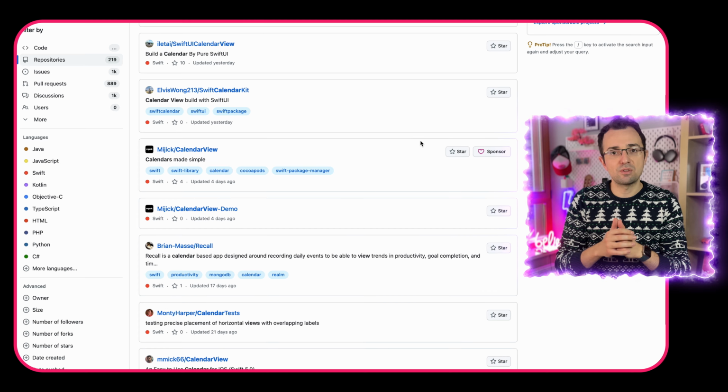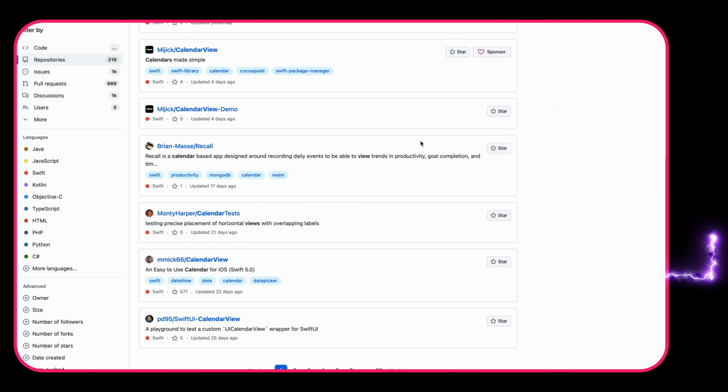Then you will see a list of packages or of repositories, and usually you can use that repository URL and paste it in Xcode and have that package be downloaded as a Swift package, and then you can make use of that framework in your own project without having to redevelop a calendar view.